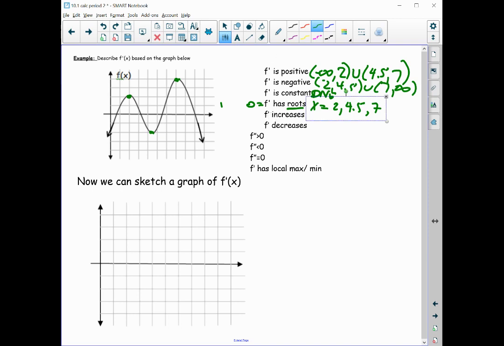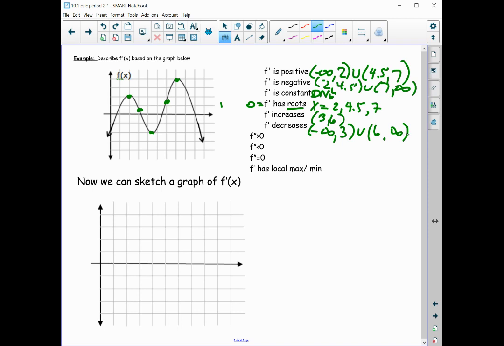Okay, now we're going to switch gears. F prime increases. So if f prime is increasing, what does that mean for f of x? That means f of x is concave up. So I'm looking for the concave up. So this is where we're going to really kind of look at it, frowning, frowning, frowning, till maybe here. And then I'm smiling till about here. And then I'm frowning the rest of the way. So I'm going to say f of x is concave up from 3 to 6, which means that f prime is increasing. F of x is concave down from negative infinity to 3, and then from 6 to infinity, and that means